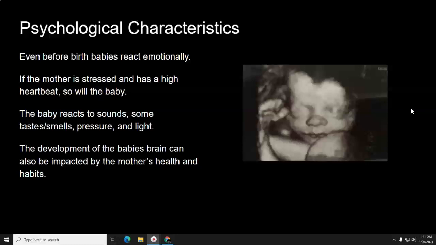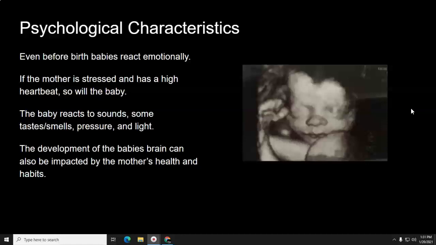Babies inside react to sounds. Some people put headphones on and play the music. They show that the baby's heartbeat and brainwaves change with the music. They can react to taste and smells, and it's not like they're out tasting and smelling, but there are some things that we eat and drink that have really strong flavors, like mint and vanilla, that go through and they are carried into the womb where the baby is, and the baby actually reacts to those and are exposed.